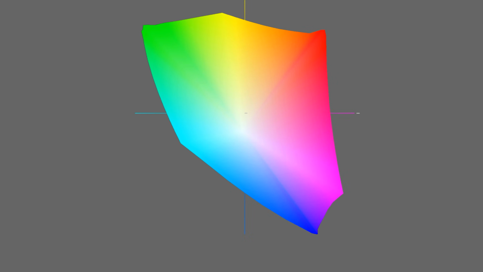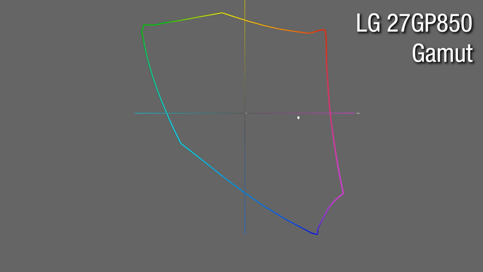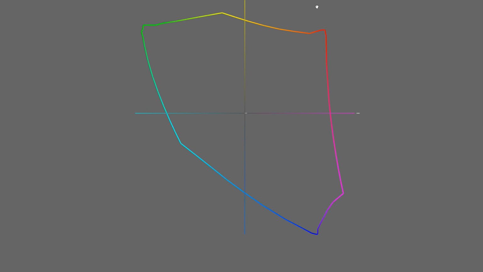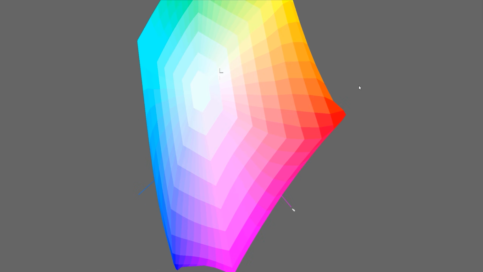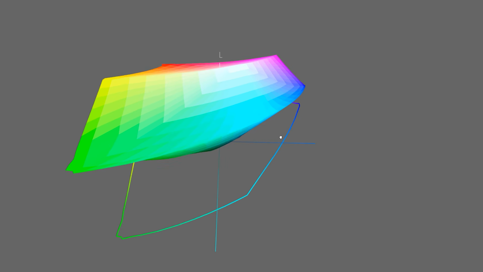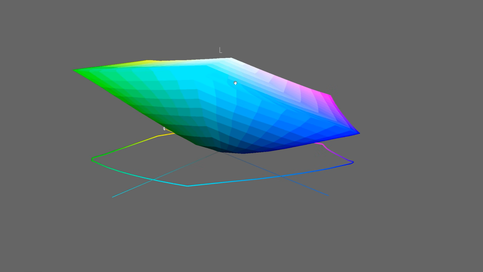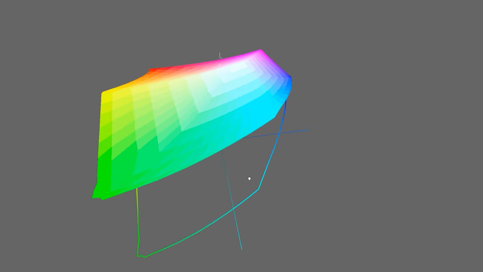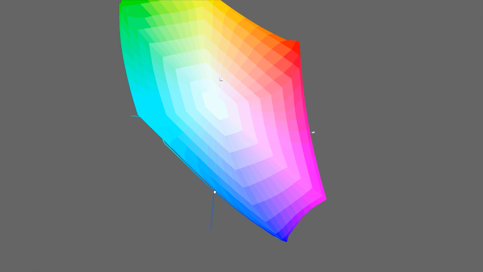So if I look at my one monitor, it's the 27GP850 from LG. Sometimes you'll see the gamut graphed in 2D, and it'll look like this, but really it should be a 3D graph because it includes not just the colors on the horizontal, but also the brightness on the vertical, so dark on the bottom, bright on the top. And basically how this works is the further out from the middle of the graph, the more saturated the colors